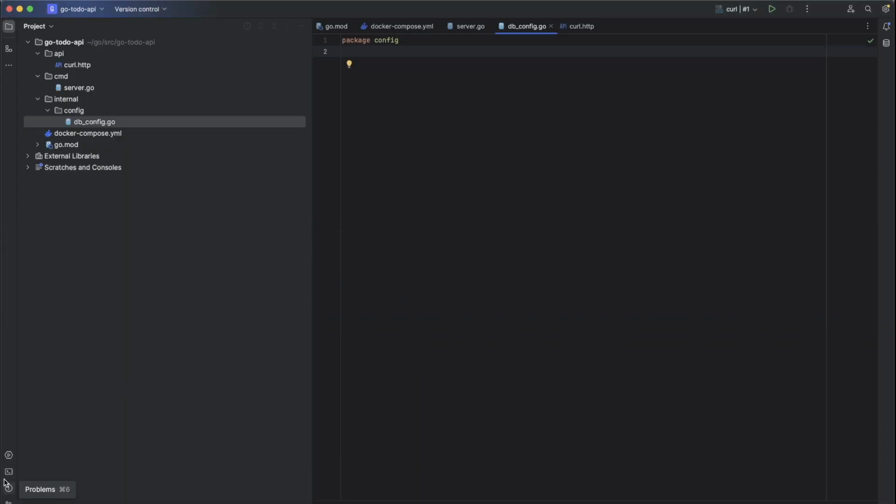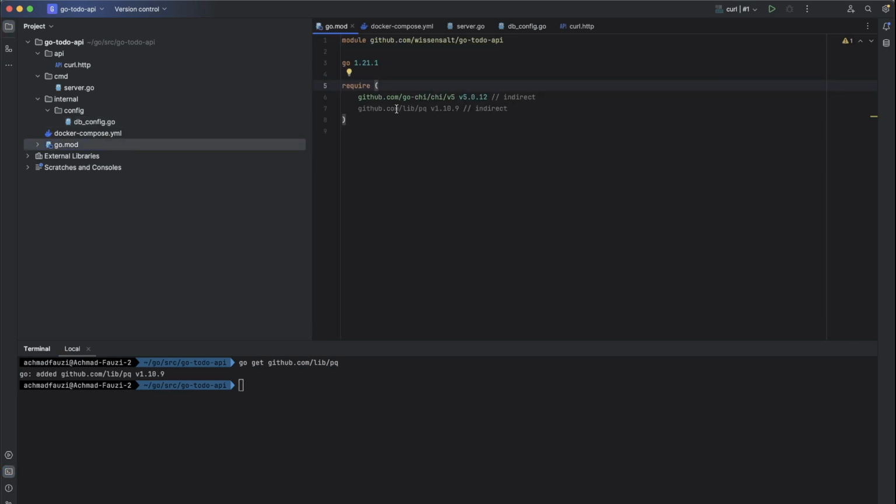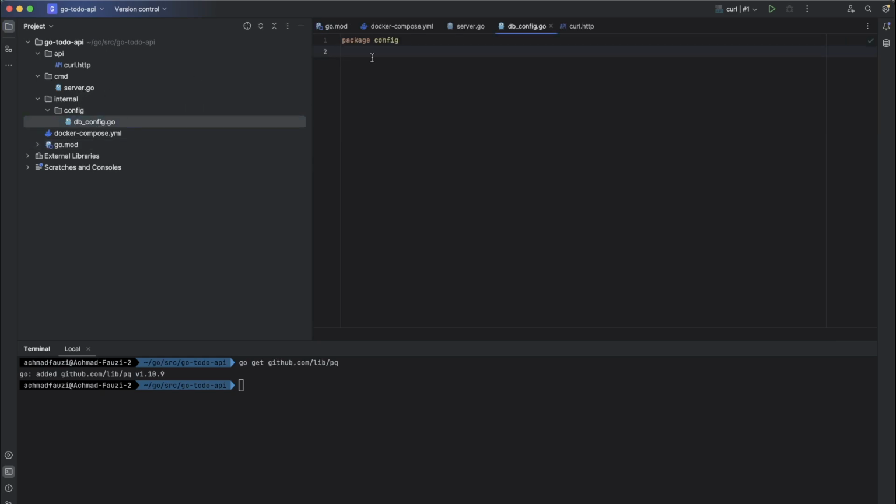I will open the terminal, go get, and we can see in our Go mod that it is already available in our application. Then now we can create the DB configuration. For the DB configuration, we will create some constants